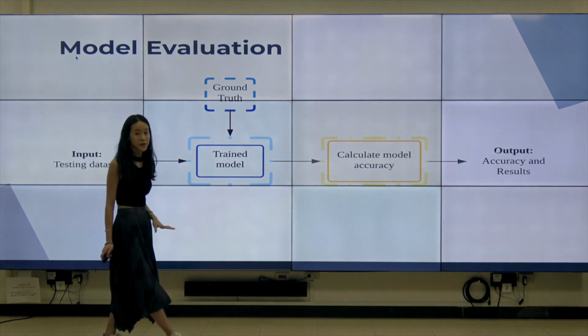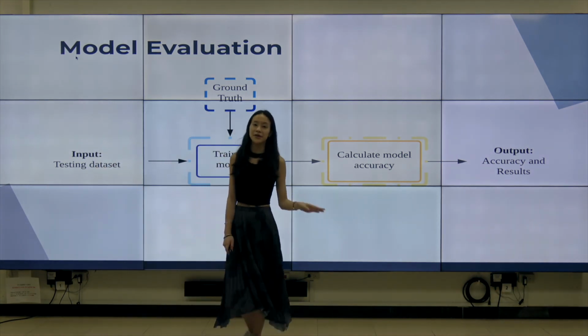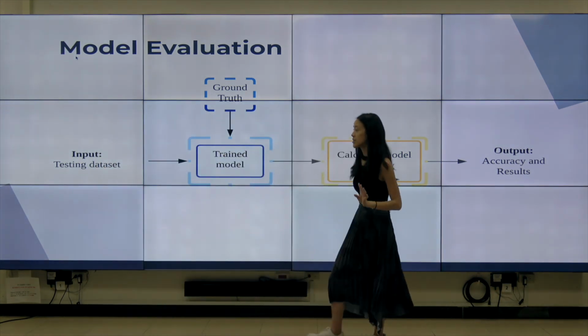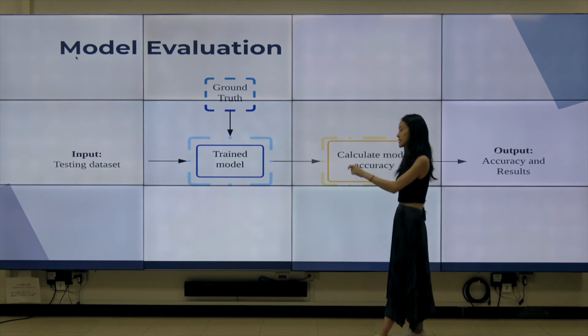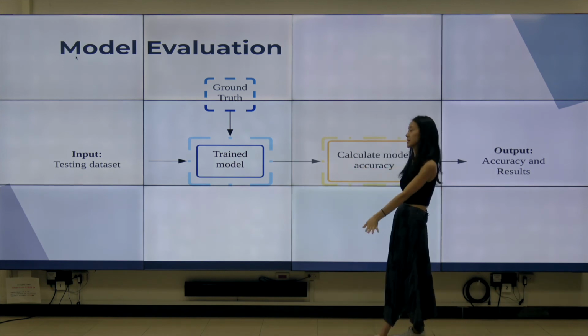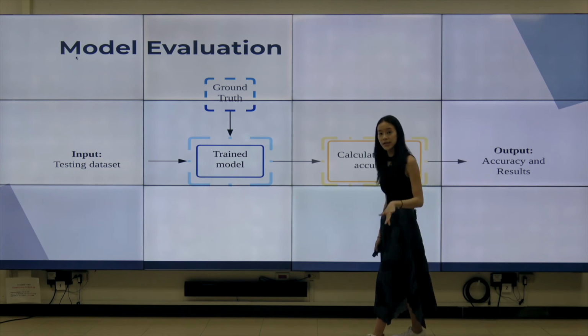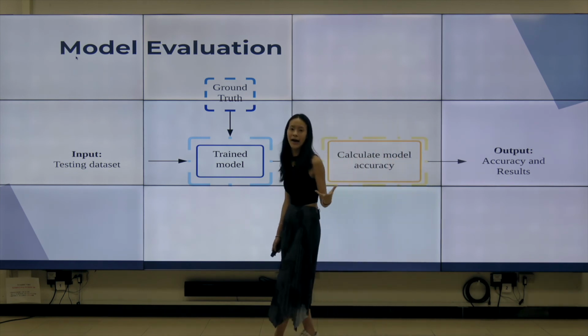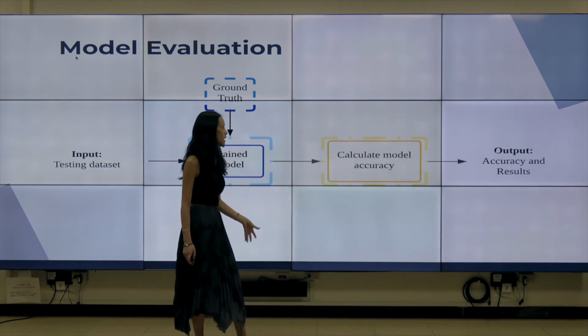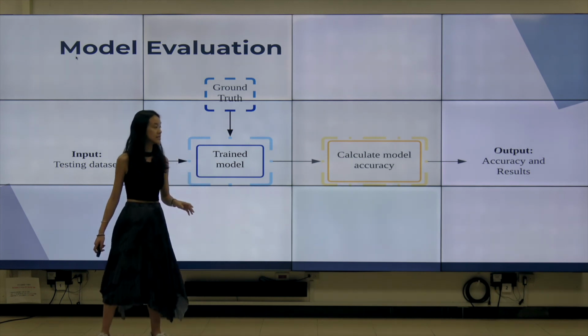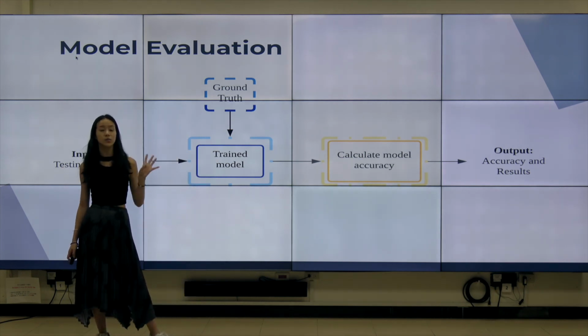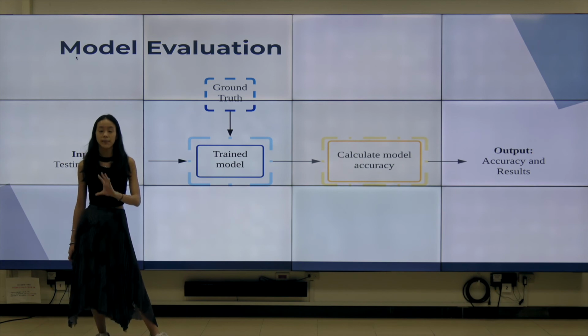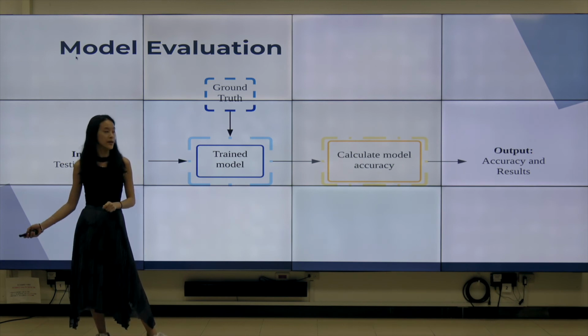So this is the entire workflow, which is the same as every other evaluation workflow you've seen. After our trained model, we'd have our testing data set. It's going to go into our trained model. We're also going to have our ground truth in it to see how well our model worked. And we're going to calculate that model's accuracy, and then we're going to get our accuracy as well as our classified result, so our prognostic result from everything.